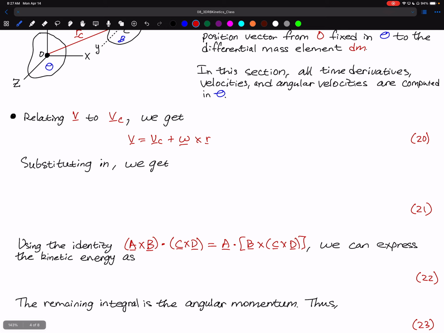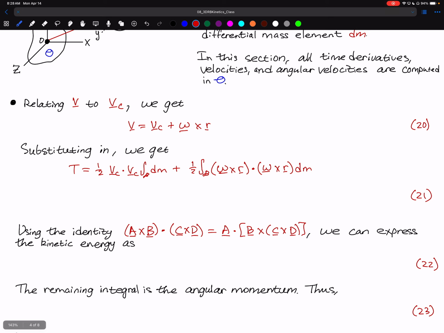We'll then find that the kinetic energy is going to equal 1/2 times the velocity of the center of mass dotted with itself times the integral over the body dm plus 1/2 times the integral over the body of omega crossed with r dotted with itself, so omega cross r dm